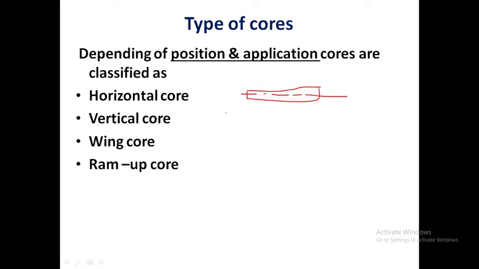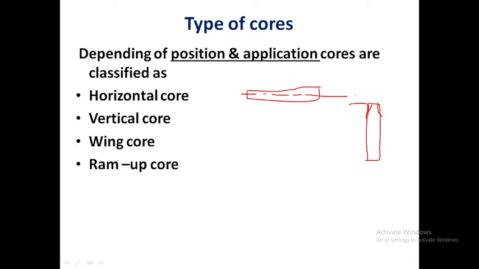And for the vertical core, in this what happens, the upper end of the core requires considerable taper. Taper is required over here. So the upper end of the core requires some taper so as not to tear the sand in the cope. That means it should not disturb the sand which is inside the cope, okay, when the flask is assembled.